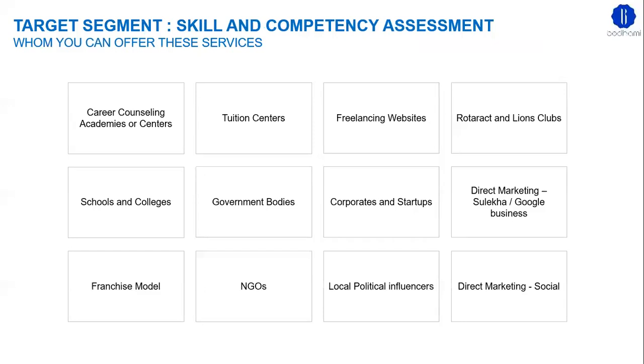In terms of target segments, it's almost similar to what we had looked at for career counselors. So you can always approach career counseling academies or centers, tuition centers, schools and colleges, government bodies, freelancing websites where you can share your services, Rotaract or Lions Club. You can look at franchising models or NGOs or local political influencers, or corporates and startups for skill and competency